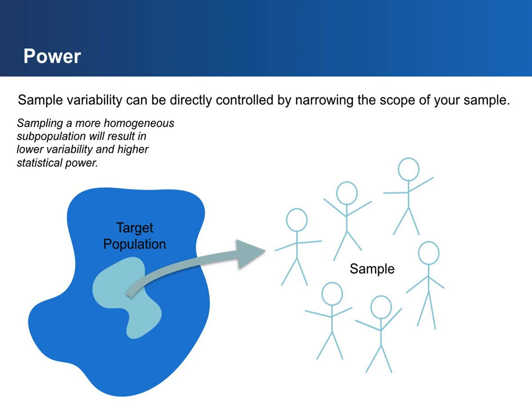Now, one other way that we can reduce sample variability and increase power is if we sample a subpopulation that is more homogeneous. So a more homogeneous population will result in less sample variability and thus higher power. And as long as we are aware that we are sampling that subpopulation, this can be a great tool for us. If we want to look at